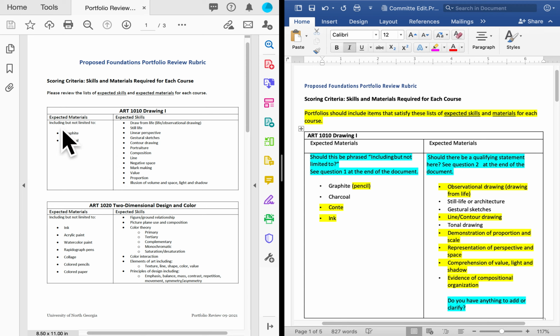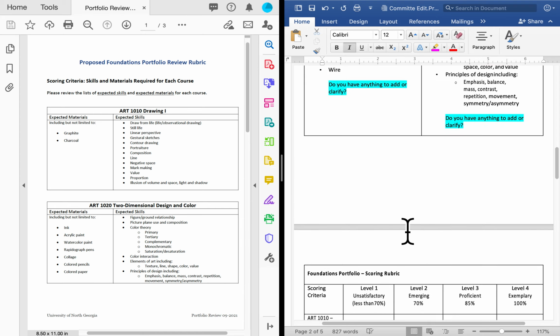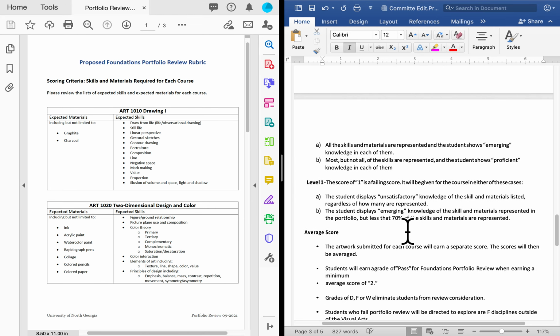So I changed the expected materials under drawing 1010 by adding pencil out to the side just to make sure that all students are clear on that. Graphite is pencil, and then I added Conté and ink. But again, you'll see the phrase "including but not limited to." Now, that is included in the original document, but if you go down here to my question number 1,